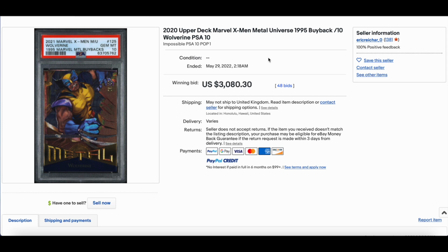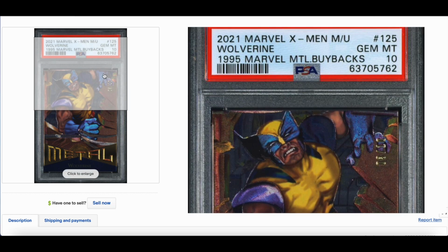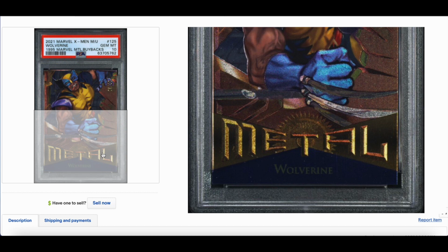In at number 4, probably a card some of you have already seen. This is a 2020 Upper Deck Marvel X-Men Metal Universe 1995 buyback, numbered out of 10, of Wolverine in a PSA 10 slab. Now, impossible PSA 10, pop 1. Yes. Winner, chicken dinner. That is a stunning card. That ended up at